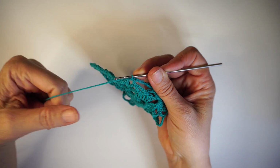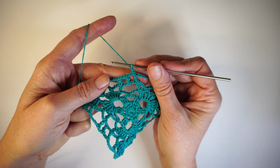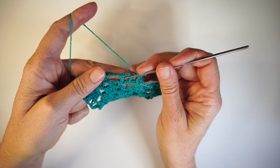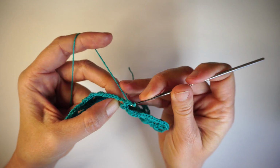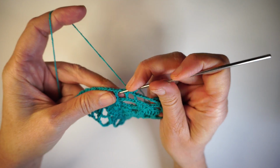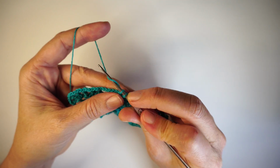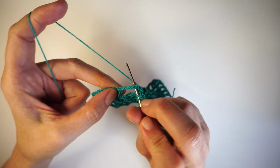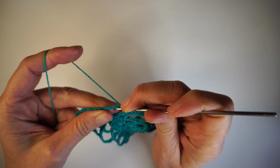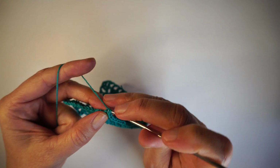and now I'm going to make a full row of only double crochets. So where I have 2 chains here, I'm going to make only 1 double crochet on top of them. So 1 double crochet here and 1 double crochet in that double crochet there, 1 more here and another one on top of this. Then here where I have 5 chains, I'm going to make 5 double crochets. 1, 2, 3, 4, 5,